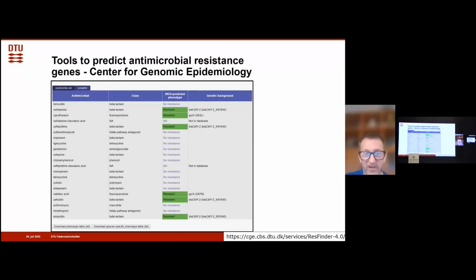Another example is that in this case, the isolate also has a gyrase A mutation that confers resistance to ciprofloxacin, but also further down, you can see that it also confers resistance to nalidixic acid. So that's how this tool operates. And you can click on the extended output further down and get much more detail. But this is a very nice tool, and you can download the database and install it on your own laptop